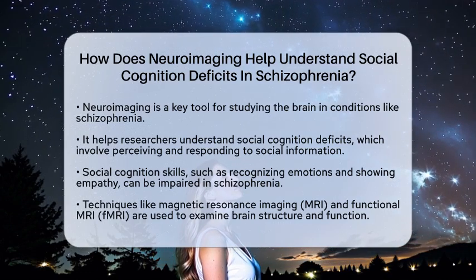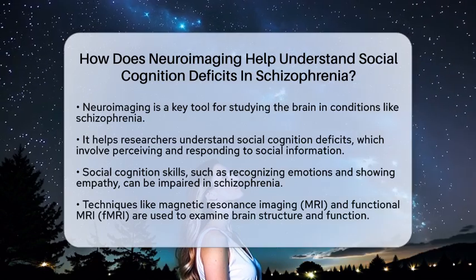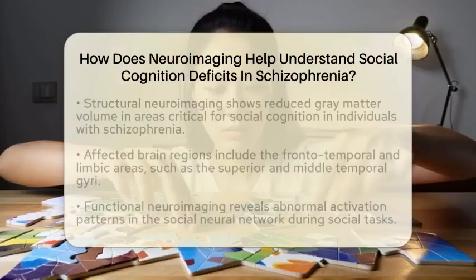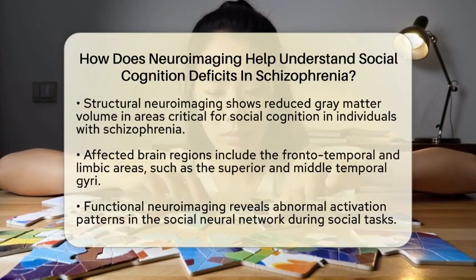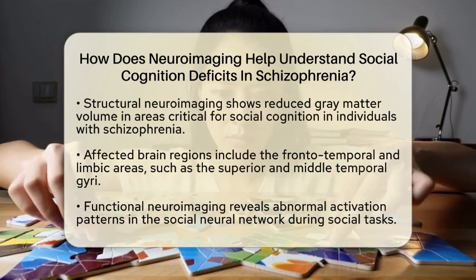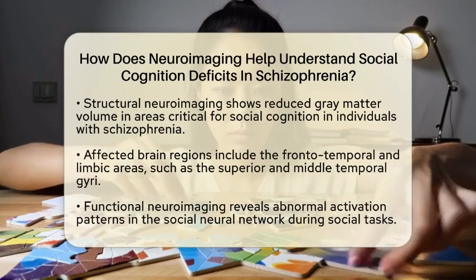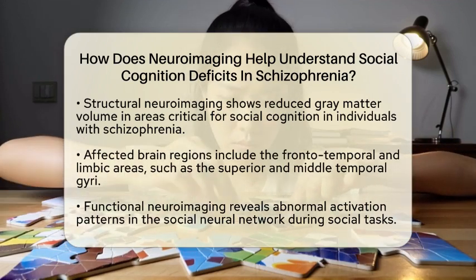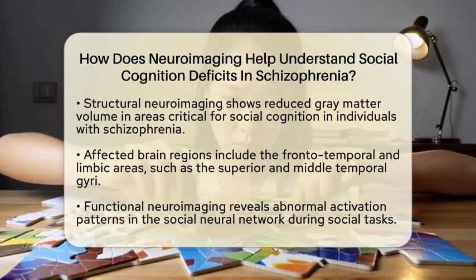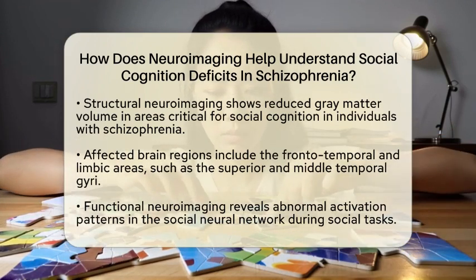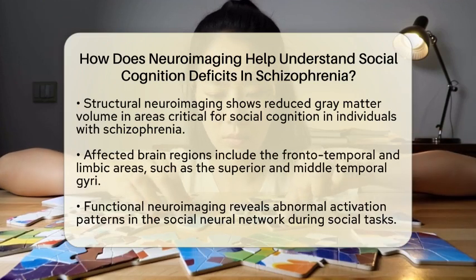Neuroimaging techniques, particularly magnetic resonance imaging and functional magnetic resonance imaging, allow scientists to look at both the structure and function of the brain. Structural neuroimaging has shown that people with schizophrenia often have reduced gray matter volume in key areas of the brain that are important for social cognition. These areas include the frontotemporal and limbic regions, such as the superior and middle temporal gyri, temporoparietal junction, medial frontal cortex, and orbitofrontal cortex. When these areas are affected, it can lead to difficulties in recognizing facial emotions and understanding